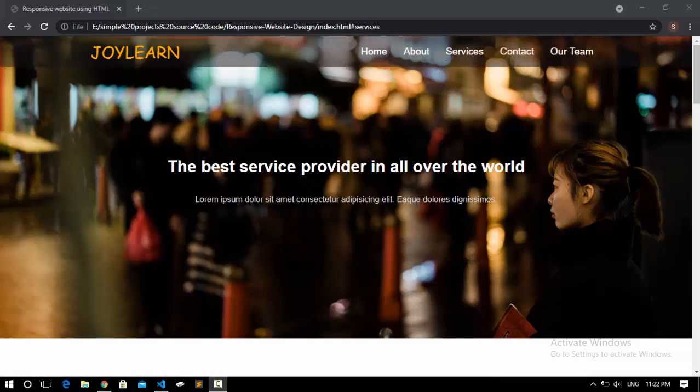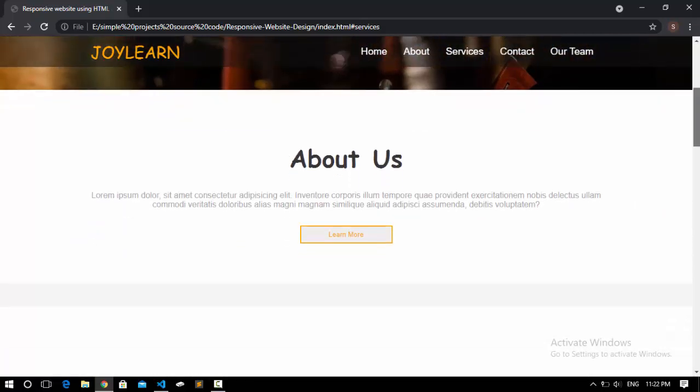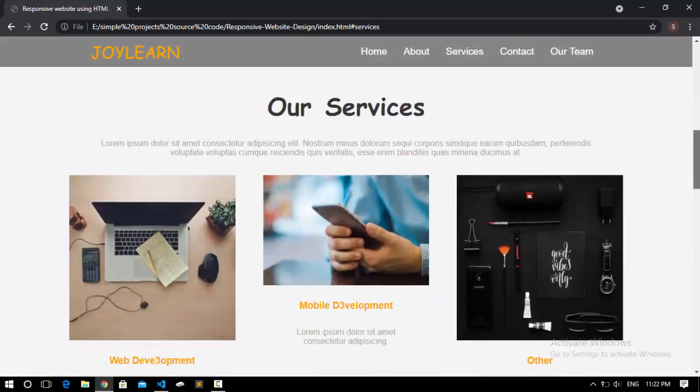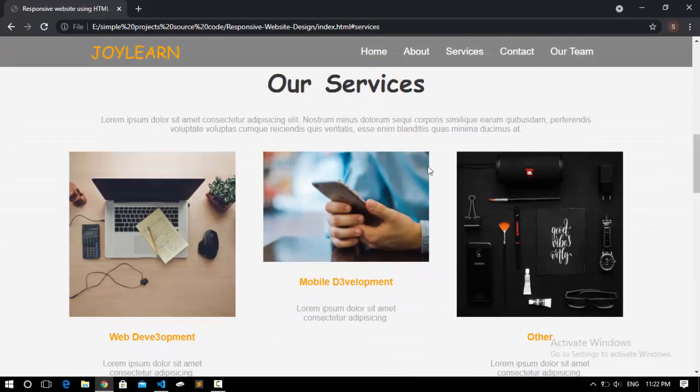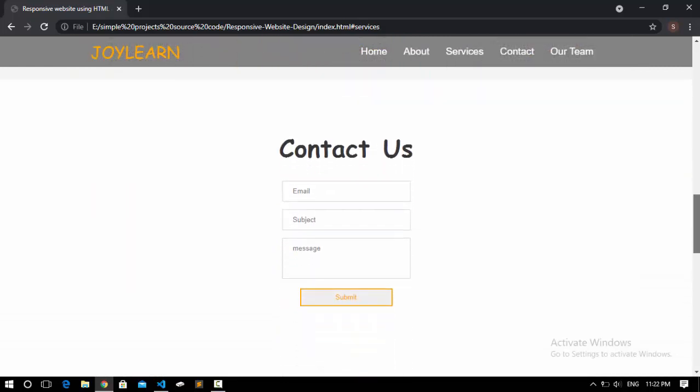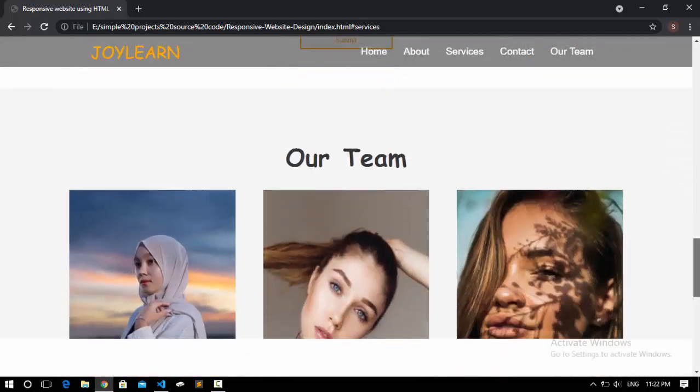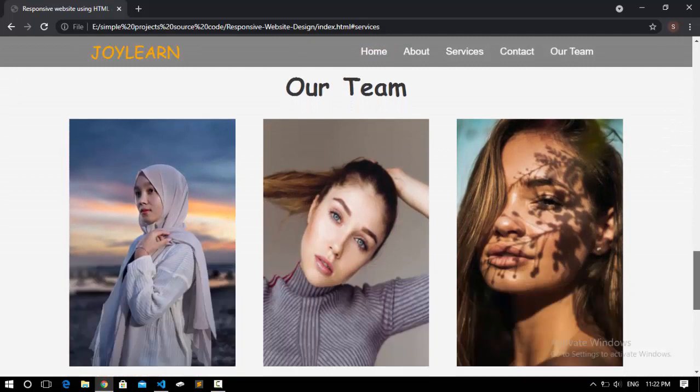The other thing you see here is this banner, which is also an image, and after that we have this about section which has content inside itself and this button too. Then we have our services, so you can see the services that they provide. It's just about designing, not the actual services. After that we have contact us, and at the end we have our team, for which I've used some images